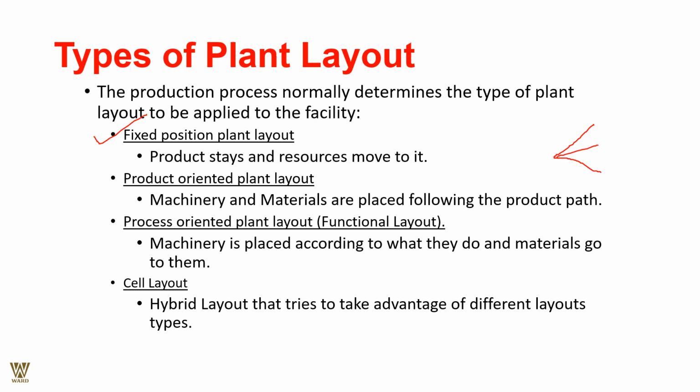I have only given you three products, one, two, and three, but there can be multiple. Remember, it is the product which counts, and accordingly, the machine and material have to be placed around it. Process layout, on the other hand, is the functional layout. Machinery is placed according to what it has to do. So we have clubbed together